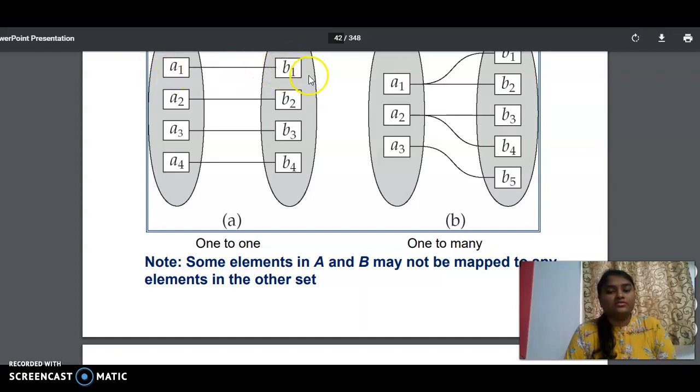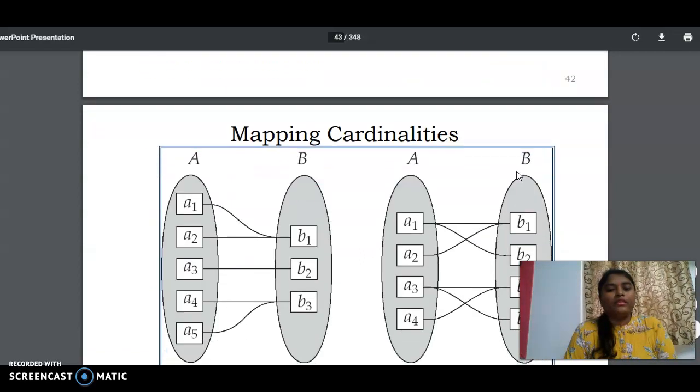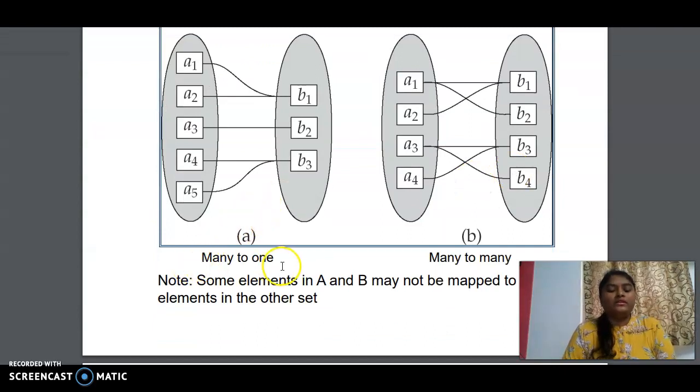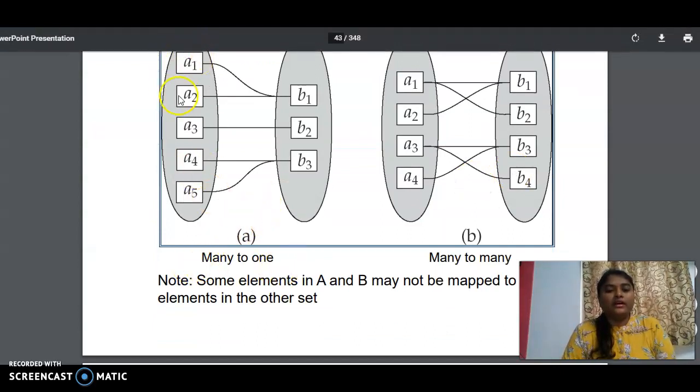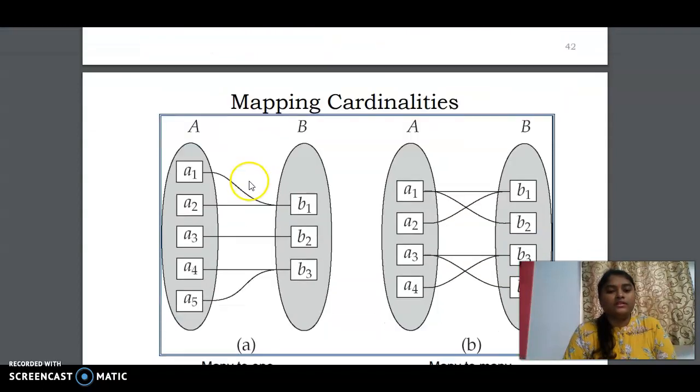One-to-many means one attribute is associated with many attributes of entities of another table. So one-to-many means some elements of A are not mapped with some other elements. So here, see here,